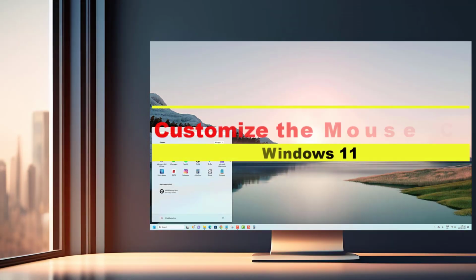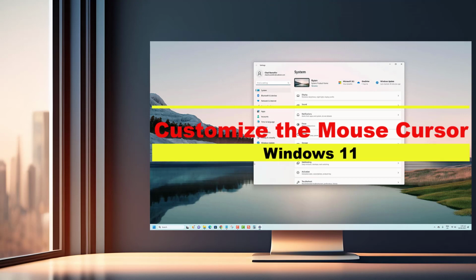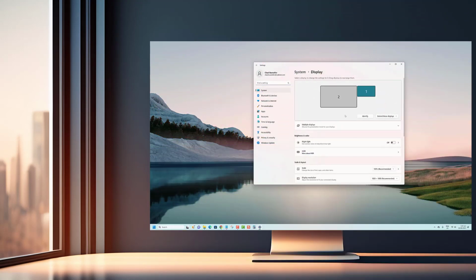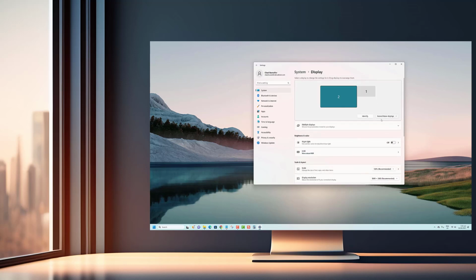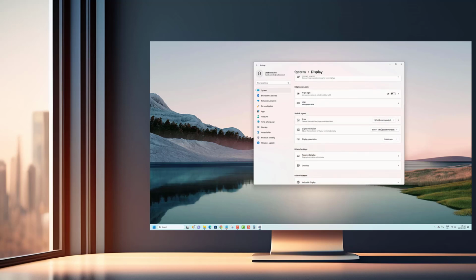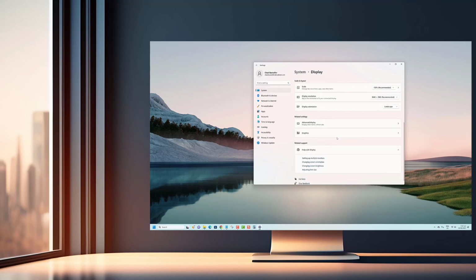Welcome back, tech enthusiasts. In this step-by-step tutorial, we'll walk you through the process of customizing your mouse cursor. Say goodbye to the generic and embrace a cursor that reflects your personality. Join me as we learn how to customize the mouse cursor on Windows 11 and make your computer truly your